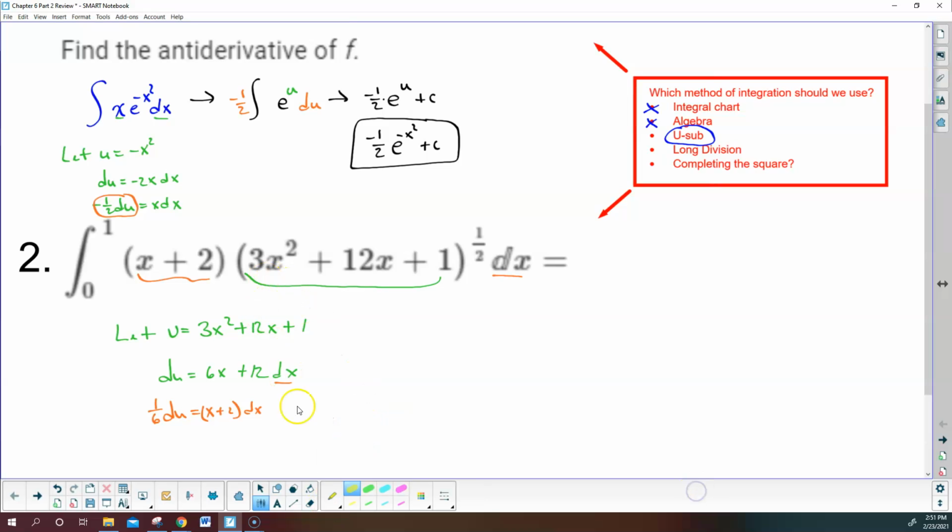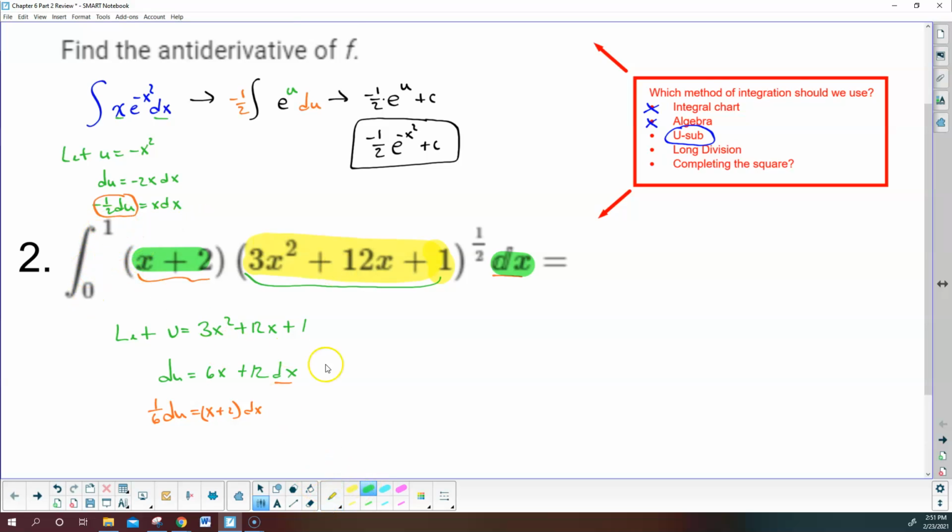So if you're a highlighted person, there's my u. My du is going to replace the x plus 2 dx,